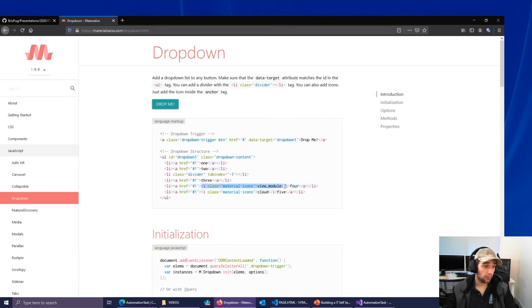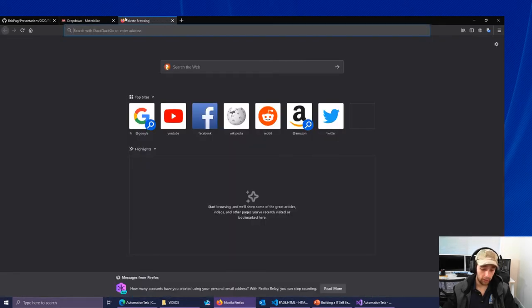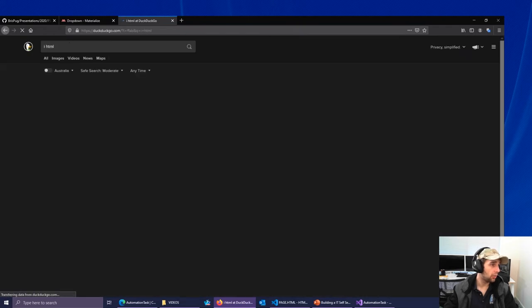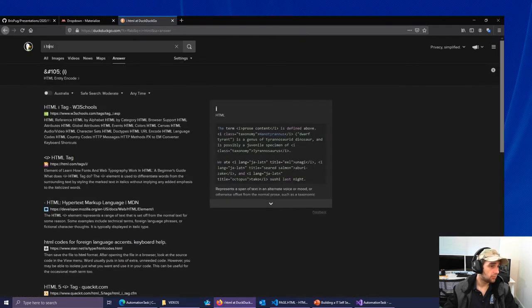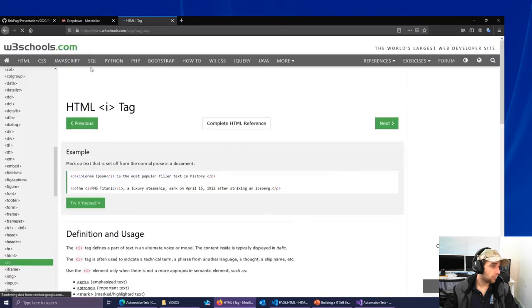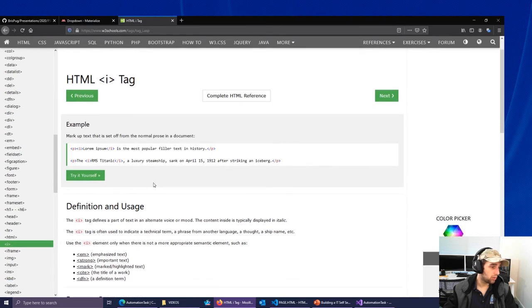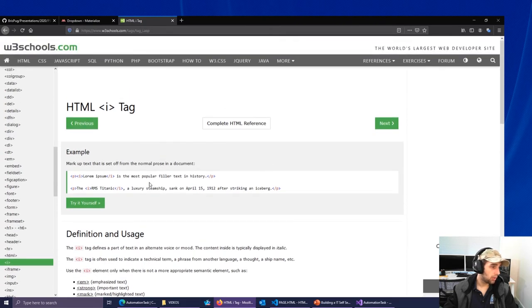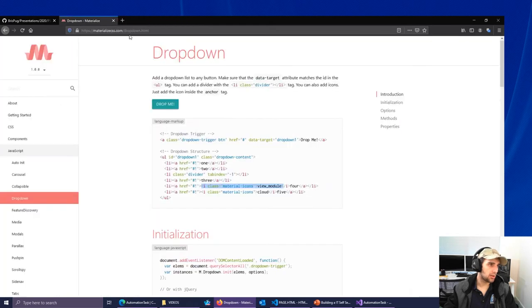icon. An I. I'll tell you what, I don't know what I is in HTML. I'm going to quickly look that up now. I, HTML. What's the I element? Okay, markup text. Okay, it's just text markup. It's just italics. Okay, so essentially you can see, okay, so we've got